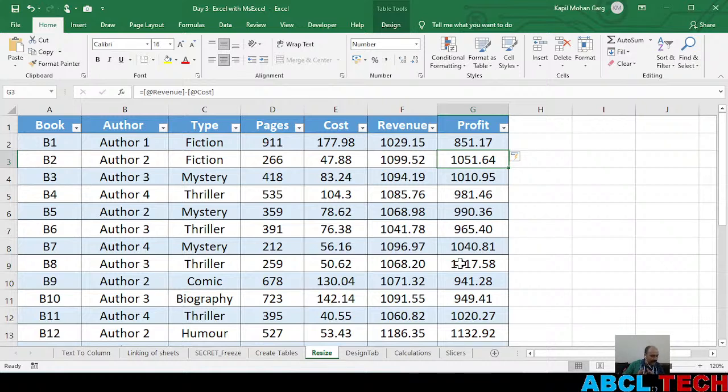I'm repeating how to freeze. You select a column. Suppose I want to freeze it till this point. You select this column C,